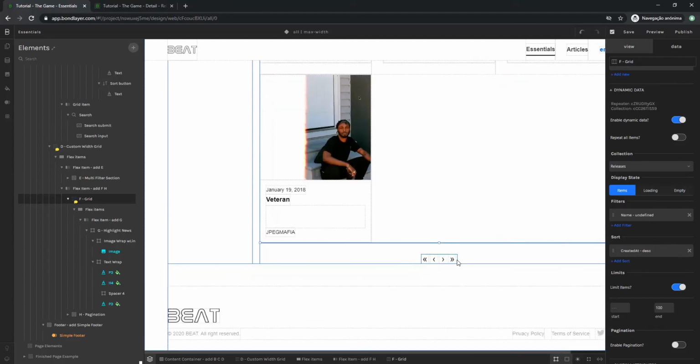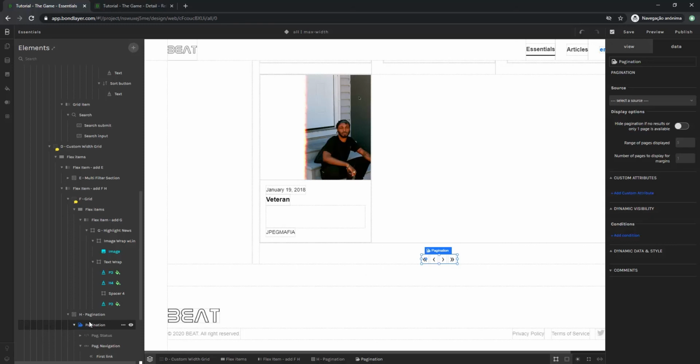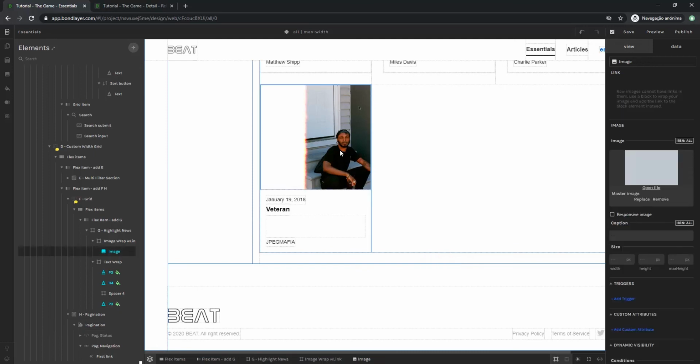So we're going to come here and select the Pagination element. It's also here. And now we're going to go to the data panel and select the list that we want to paginate. In this case, it's going to be the F-grid list. We're going to enable this option to hide the pagination when it's not being used. Okay, it's disappeared here. Now to finish this pagination component, we're going to come back here to the flex layout